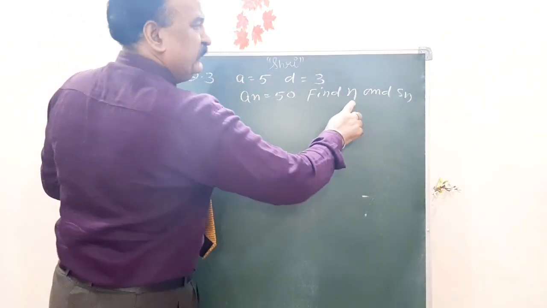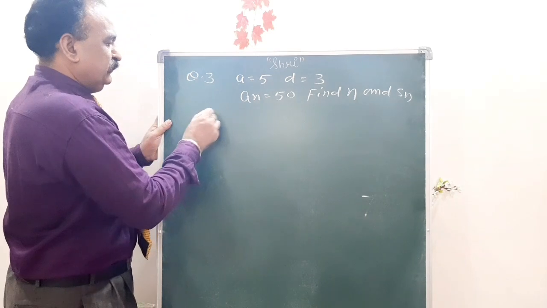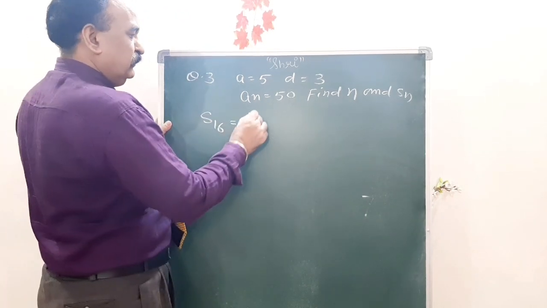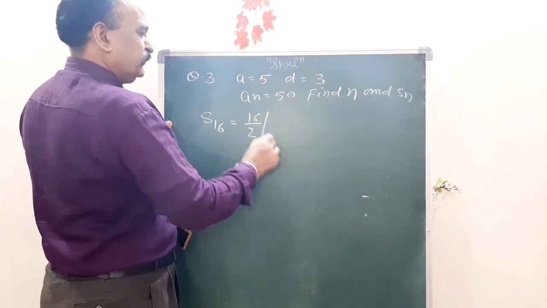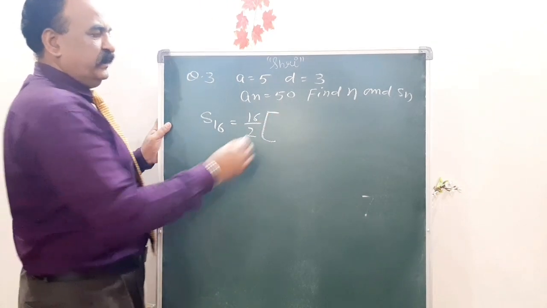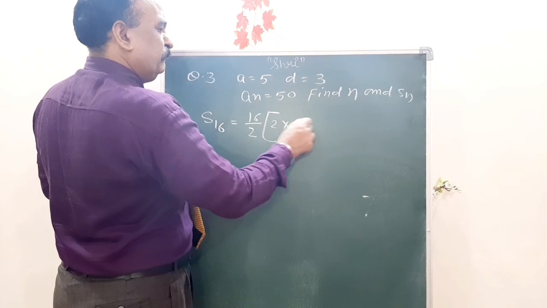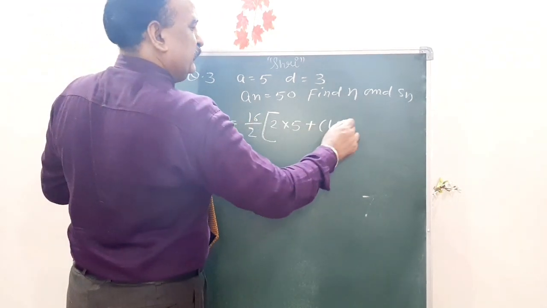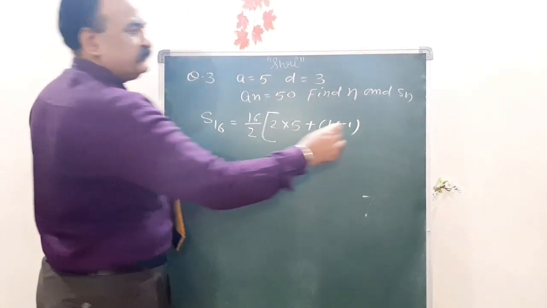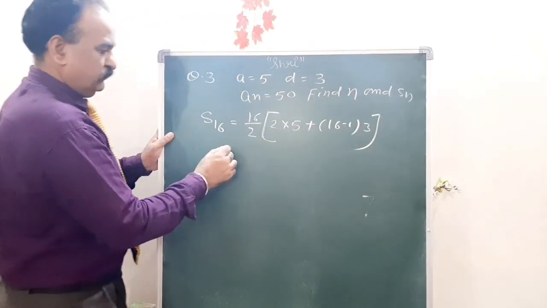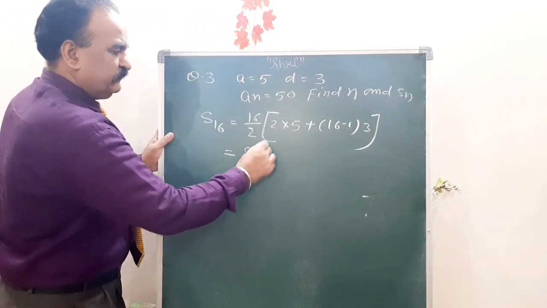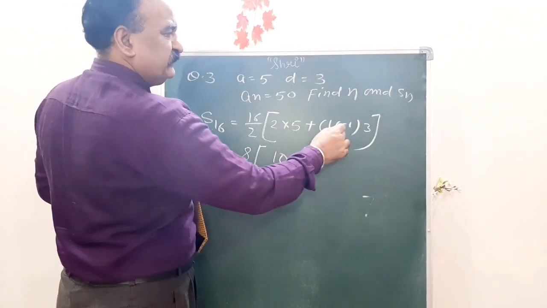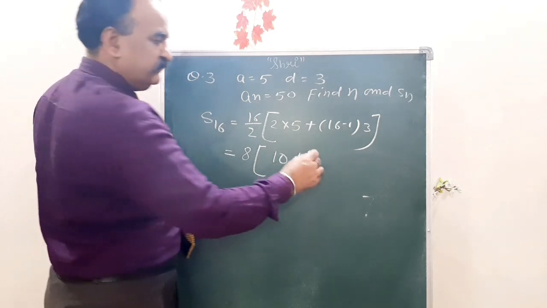The sum is n is 16, S16, you have to find. So S16 is equal to n by 2, it means 16 by 2 into bracket 2a, 2 into 5, plus n minus 1, it means 16 minus 1, into common difference d is 3. 16 by 2 means 8 into bracket 5 2s are 10 plus 16 minus 1 means 15 3s are